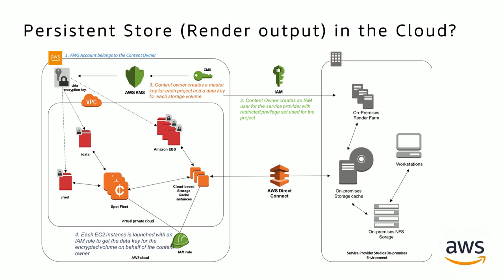A lot of times, this is one of the security myths out there that I talked about earlier. Yes, you can use the cloud for all kinds of burst rendering up and down, but you cannot really write the output of your renders in the cloud. How many times have you heard that? A few times maybe, but I hear that a lot. So we worked with our friends at ISC, and we came up with this architectural pattern that actually allows you to write the output of a render in the cloud.